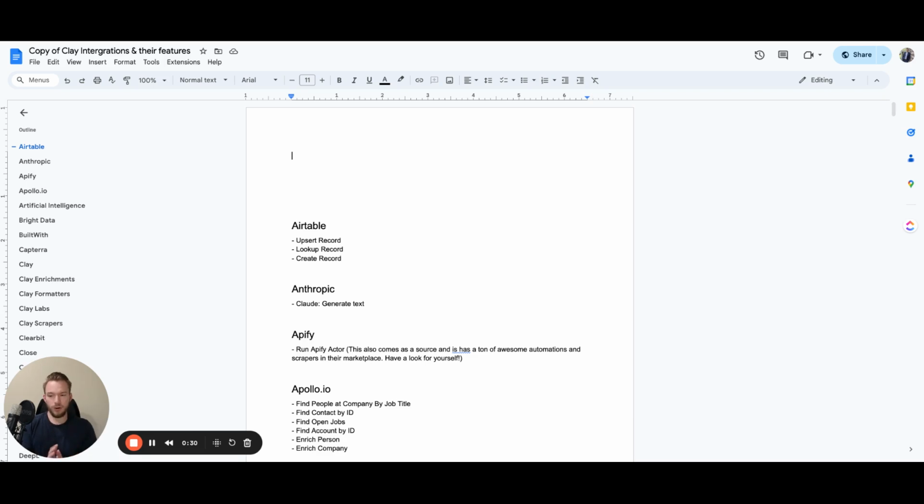This is the most important part of Clay: you just have to know what is at your fingertips, right? Because Zapier seems like it's super easy, but it's the same thing. The only difference is you go to Zapier and you say, I want to connect my HubSpot account with Google Sheets. So I'm typing in HubSpot and I'm typing in Google Sheets. But when you want to find people who are hiring for open roles, now they make that really easy in the Clay interface. But if you want to find people who are hiring for open roles, then that gets a little bit tougher. So we're going to go through all of them, and I'm going to give away this document